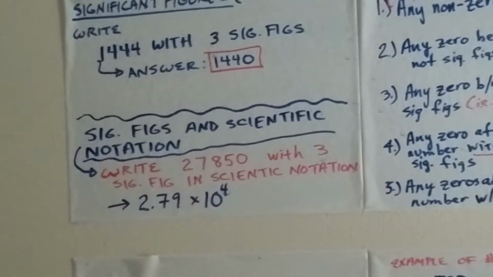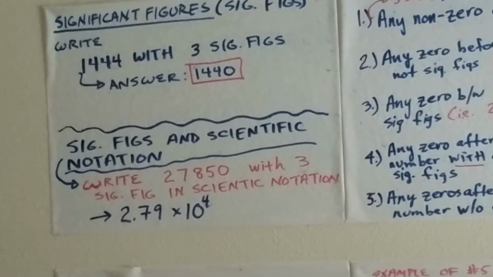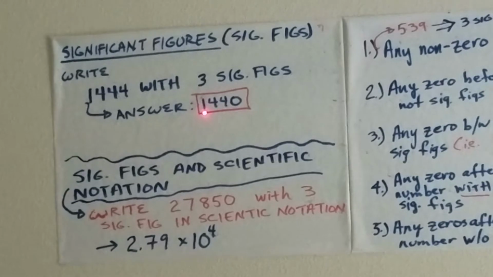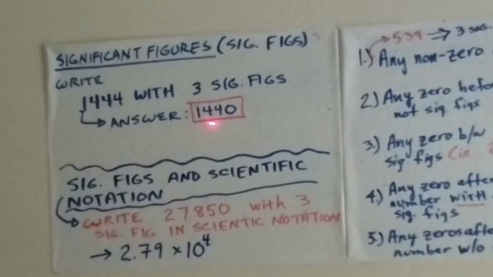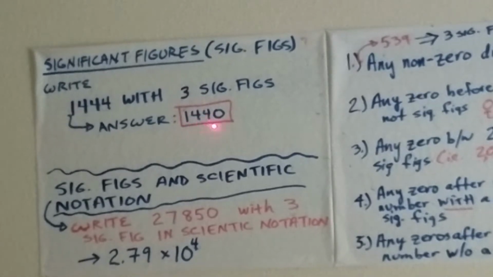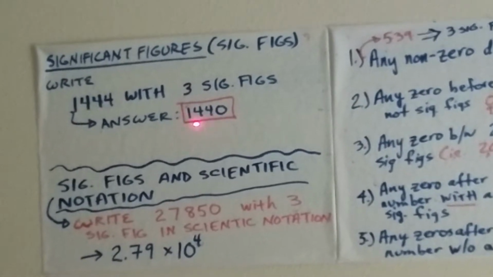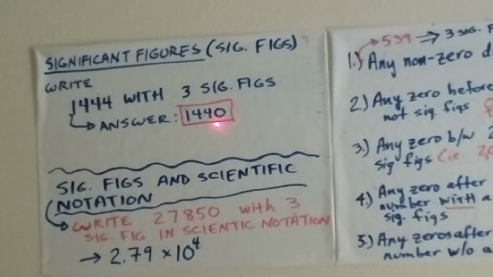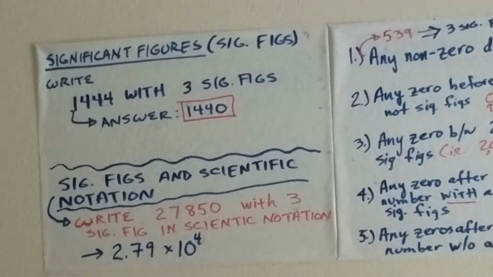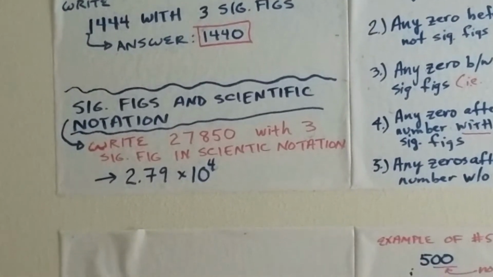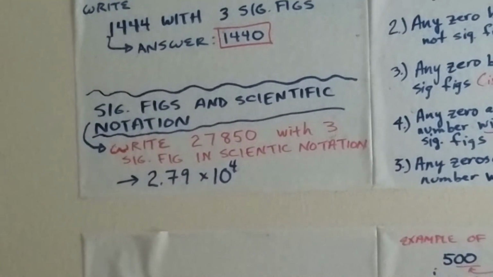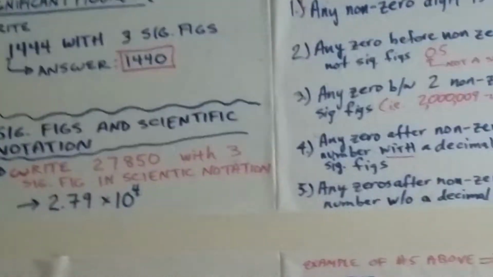to write 1444 with three significant figures, and you'll notice that the three non-zero digits to the left of the zero should be counted as significant figures. Now you'll see later on if we put a decimal in there, it's going to make this a little bit different. So stand by. Also, when we use significant figures combined with scientific notation, what's important is that you understand